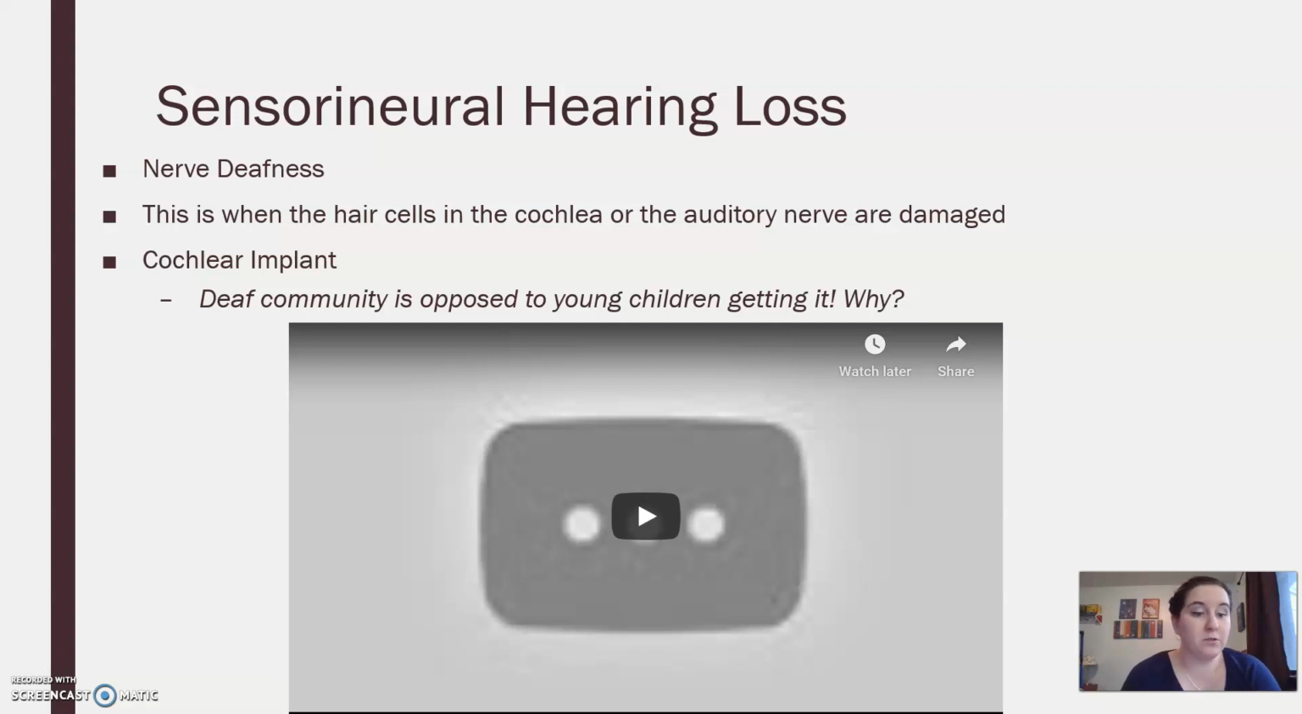But people do it when their kids are little. Some people never have one. It doesn't work for everybody. It just really depends. And when somebody gets a cochlear implant, especially if they're older, they have to learn language. So if somebody was born deaf, or deaf before they learned how to speak,